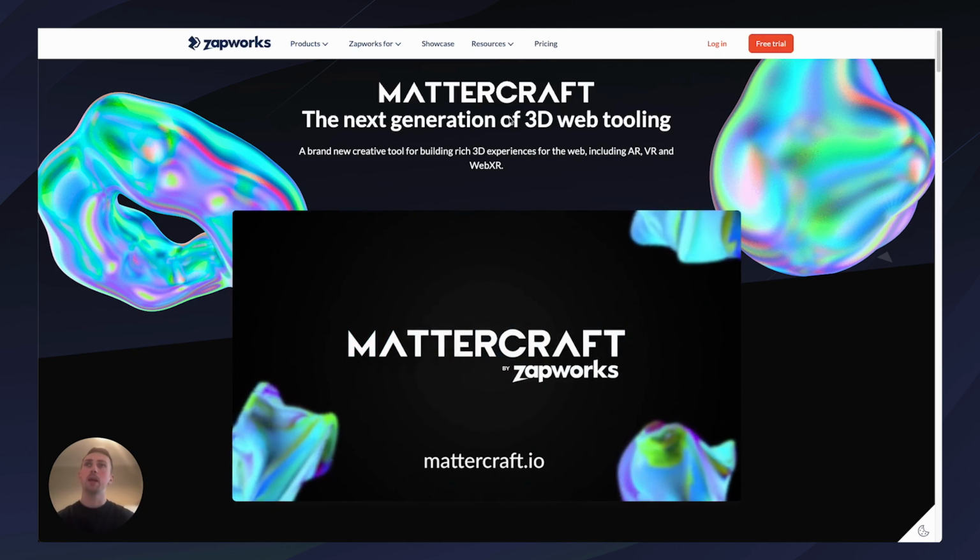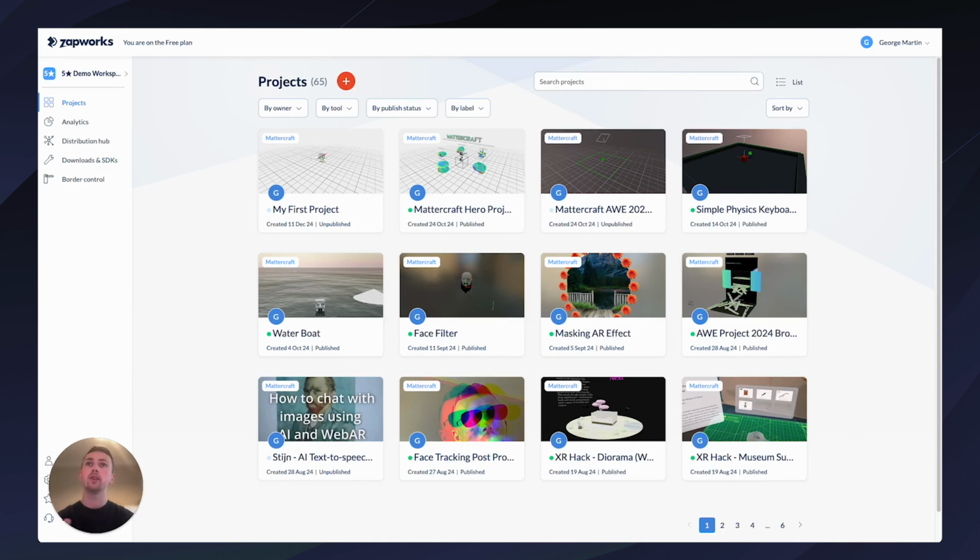The way that we recommend is by heading into my.zap.works, which is the ZapWorks content management system. We have a 14-day free trial that you can sign up for, or alternatively, you can purchase a developer plan for a really cheap price, or we have other plans available with some extra added features.